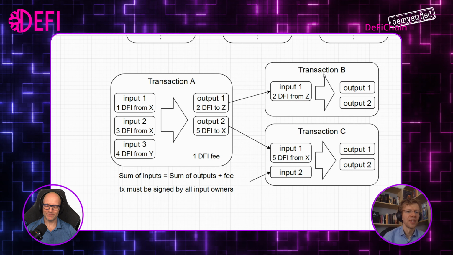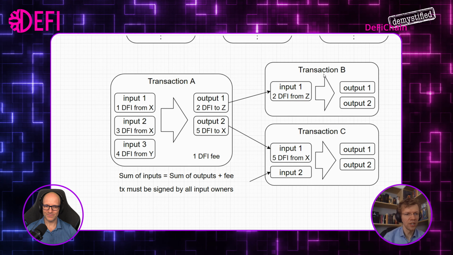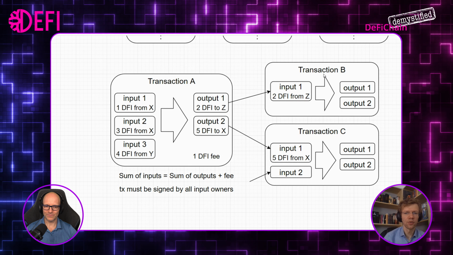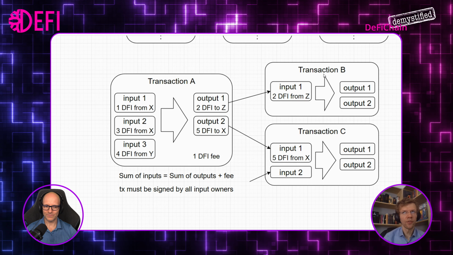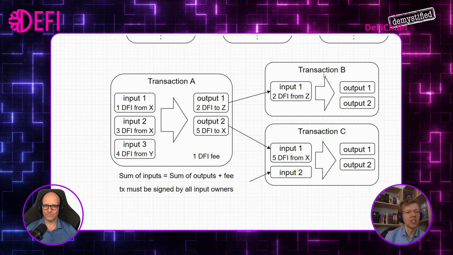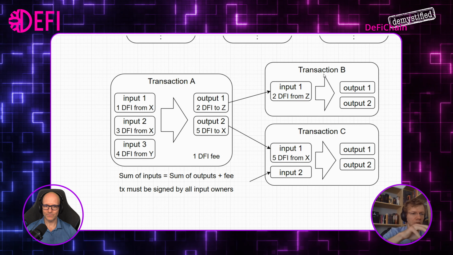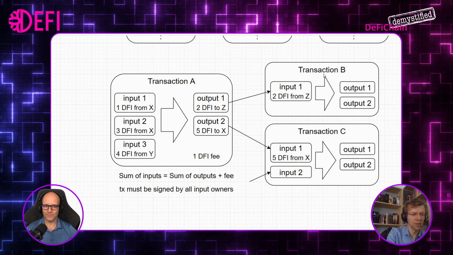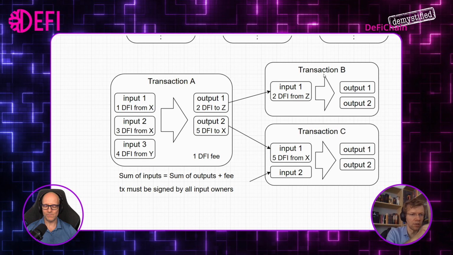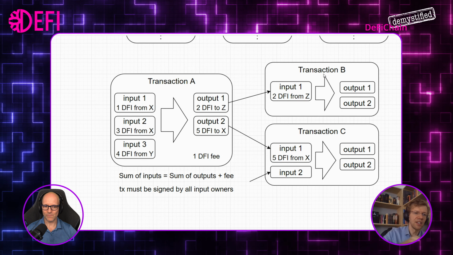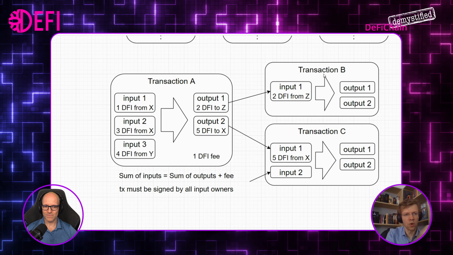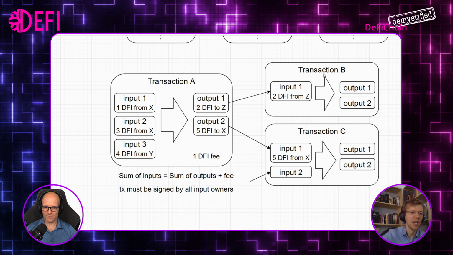But if you look at exchange wallets, when they do outputs where they send stuff to users, they often have, depending on their algorithm, one input and a huge list of outputs. They use funds from this one unspent transaction output, which is, I don't know, 10,000 DFI from the hot wallet of the exchange, and they send it to all those users who requested withdrawals, different amounts. So you have one input and a huge amount of outputs.